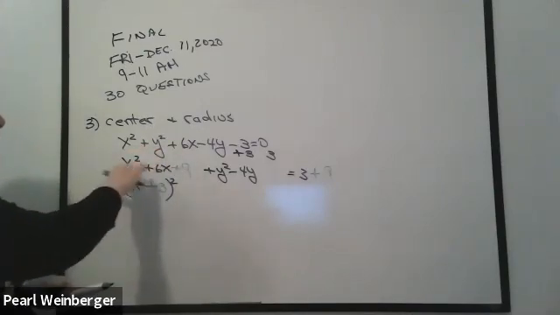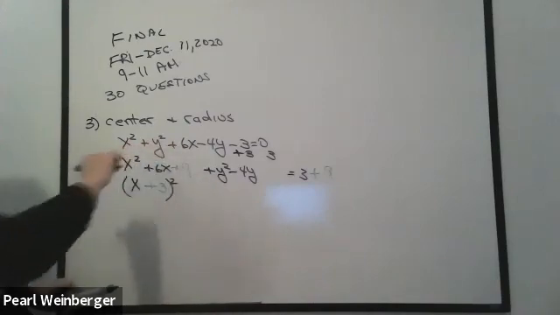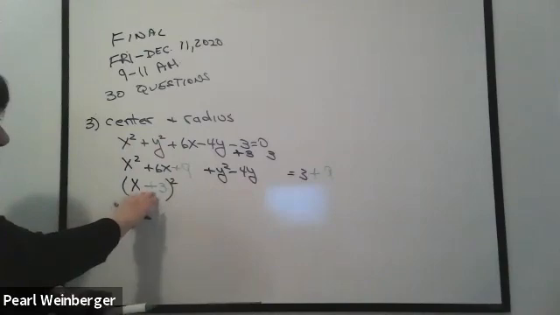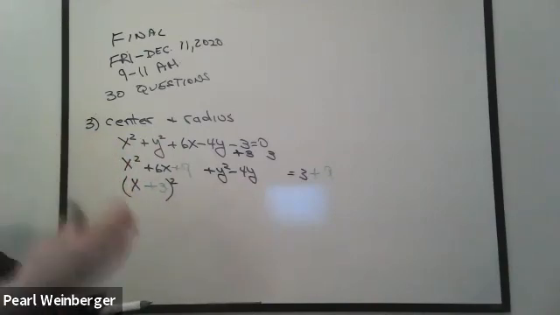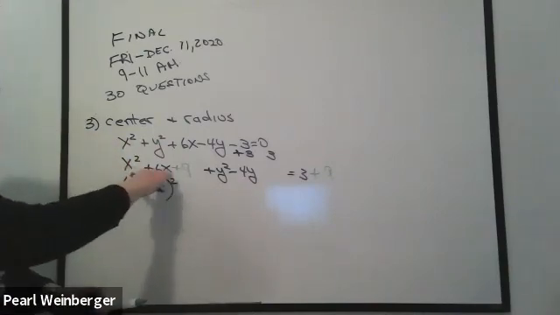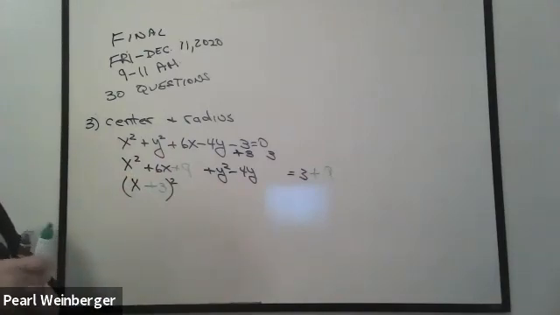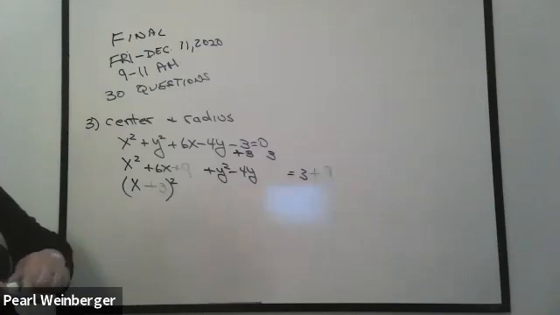And therefore, this becomes x plus 3 squared, because that's what x squared plus 6x plus 9 factors into. We made this into a trinomial that's a perfect square, and now I factored it to x plus 3. If you did x plus 3 times x plus 3, you'd get x squared plus 6x plus 9. Now you do the same thing